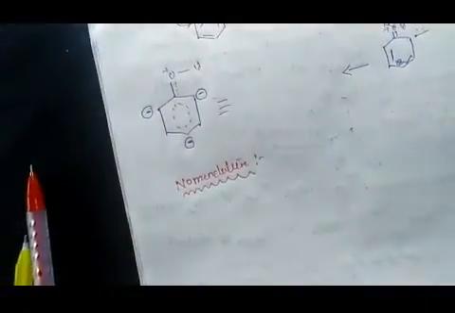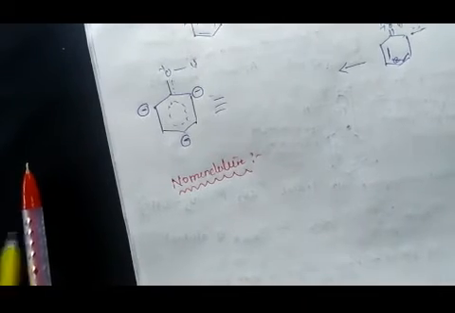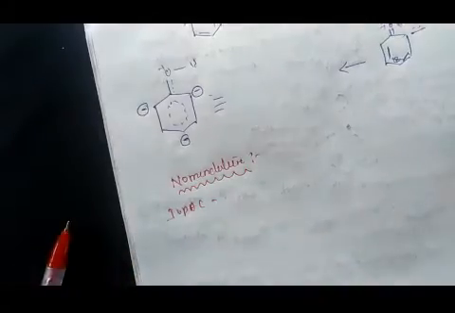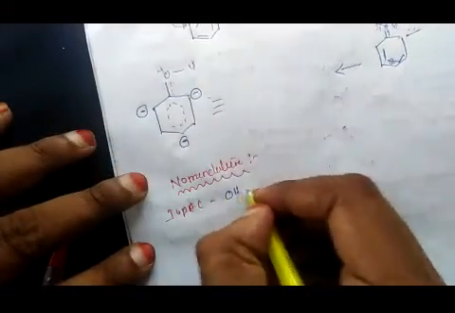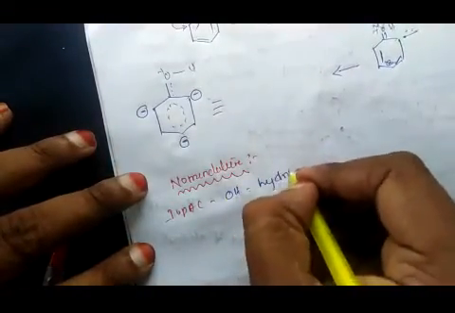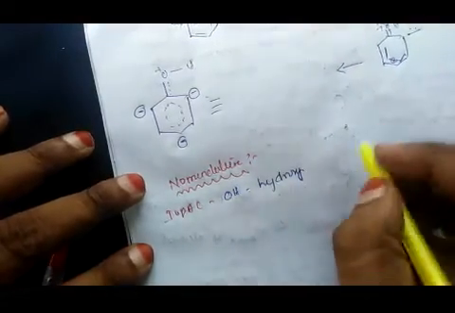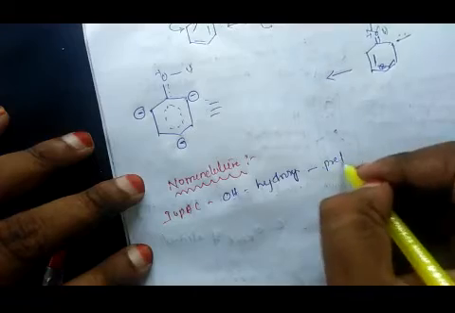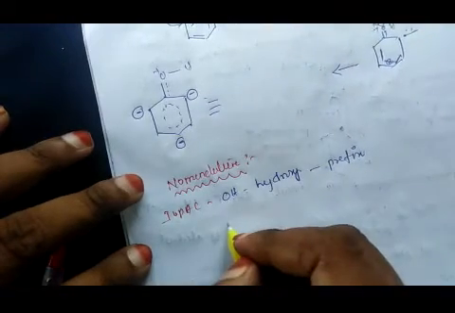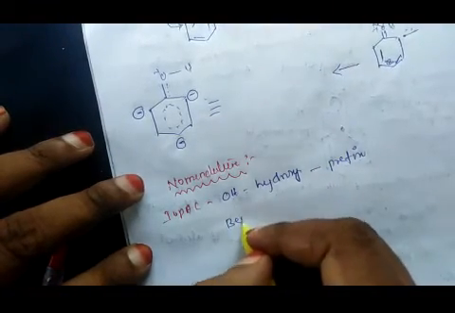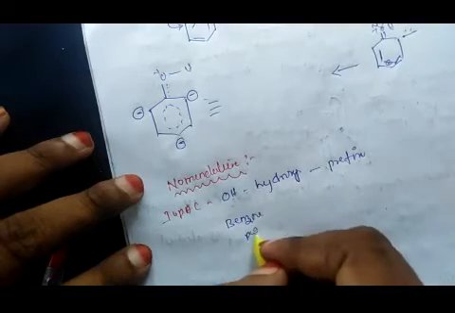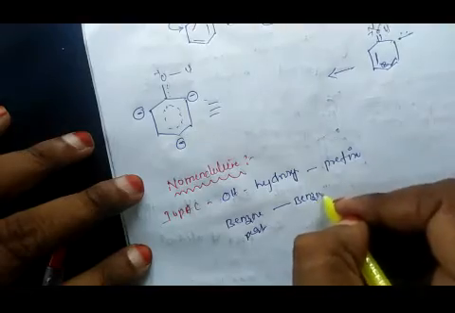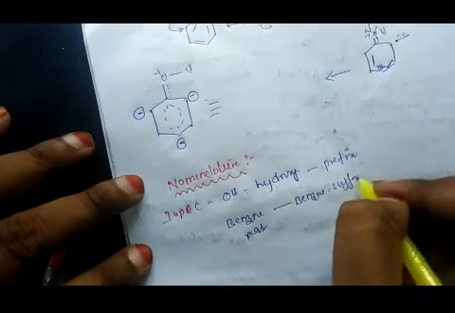So, nomenclature. According to the IUPAC, OH is called hydroxy. It is generally used in the nomenclature of phenol as a prefix, because it is a substituent. The benzene part is called benzene and is used as the suffix.